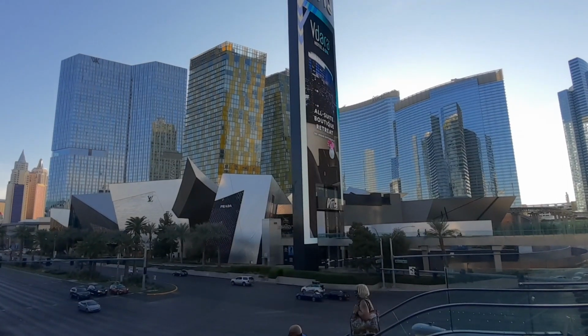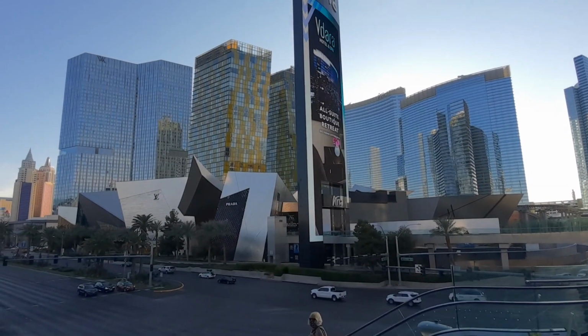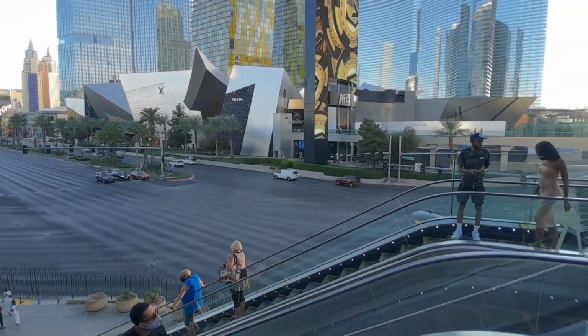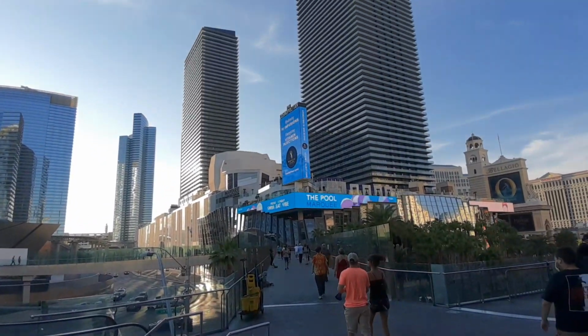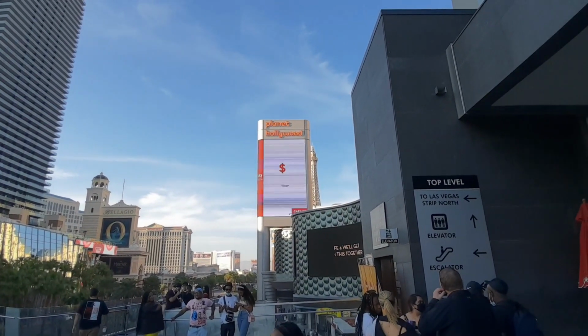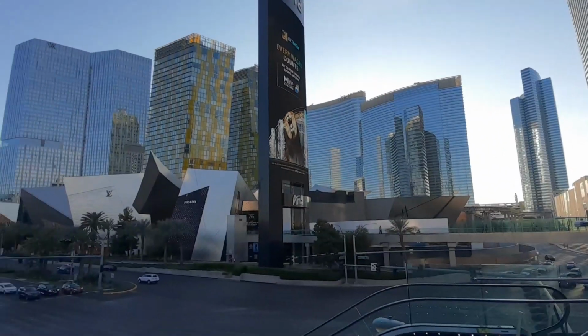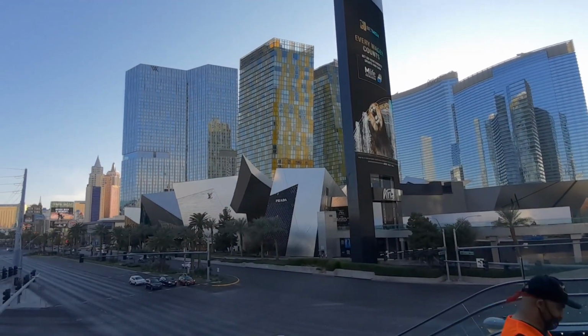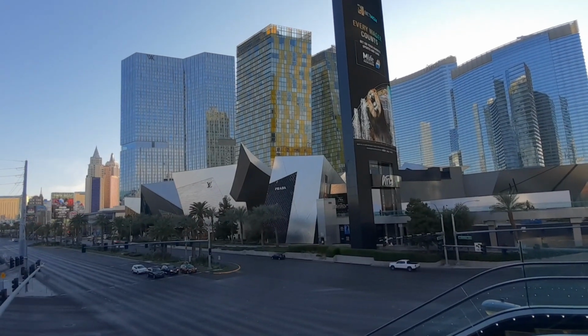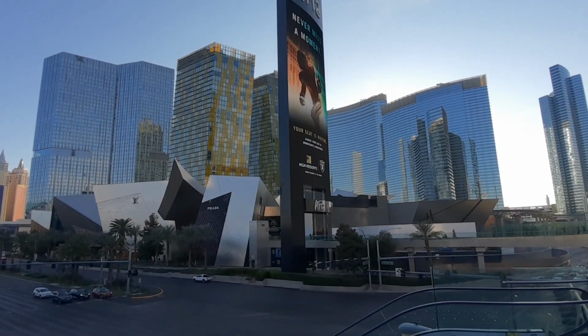Hello everyone, I'm in Las Vegas, Nevada at the City Center, which is located right off of Las Vegas Boulevard here. And right next door is the Cosmopolitan Hotel. And across the street is the Planet Hollywood. And getting back to the City Center, the City Center project was built by the MGM Corporation and opened on